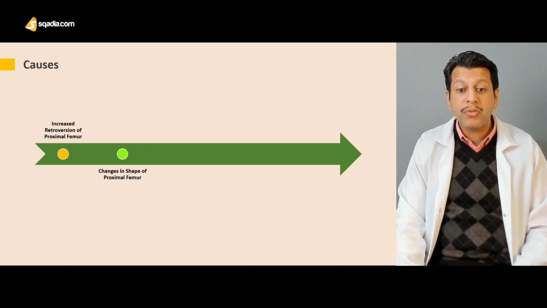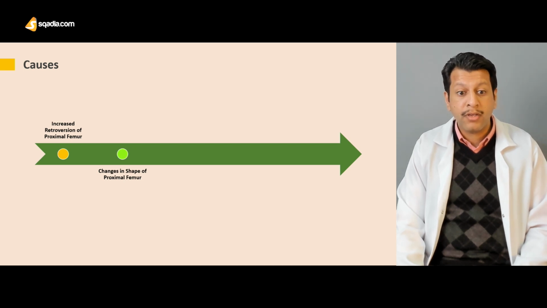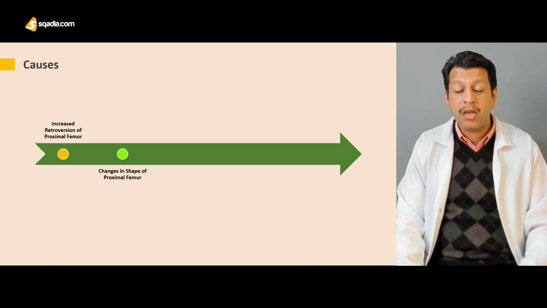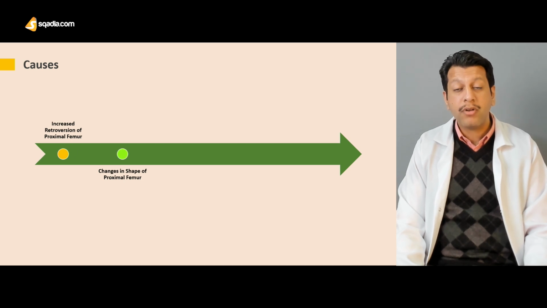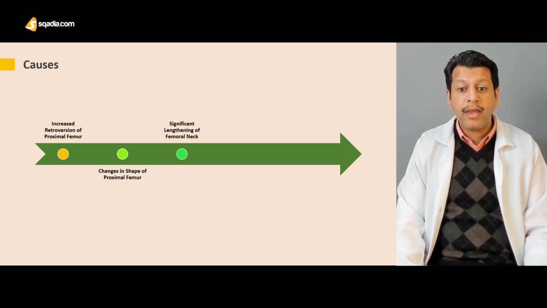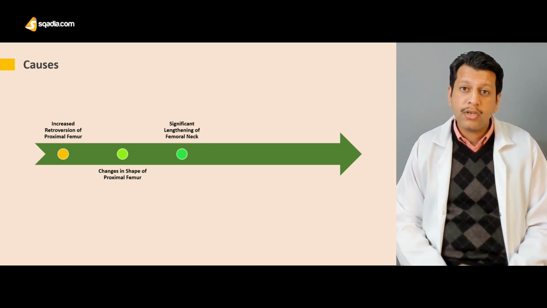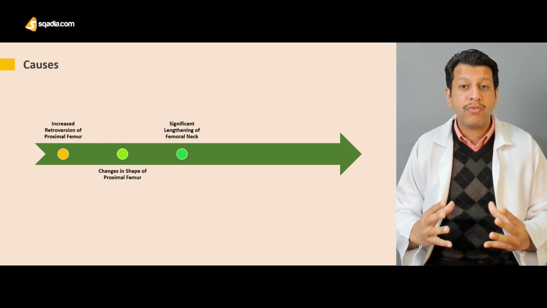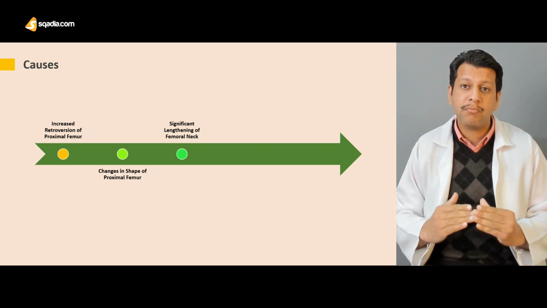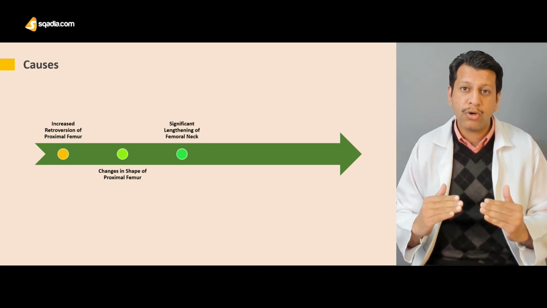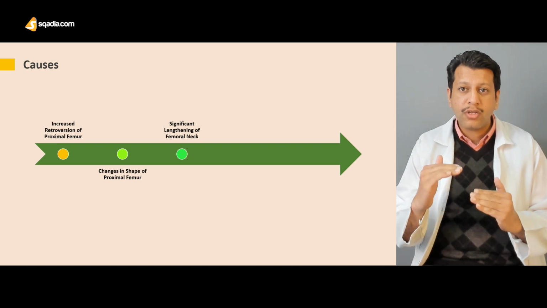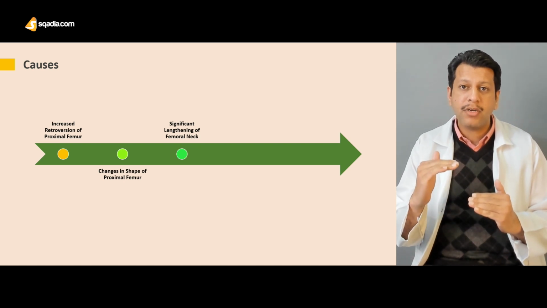Other causes could be the changes in shape of the proximal femur. As I told you, there is increased acetabular retroversion, increased femoral retroversion as well, and then there is significant lengthening of the femoral neck. Usually there is increased varus deformity at the neck level. The neck becomes longer, in more oblong shape, with the greater trochanter coming higher up as compared to the other